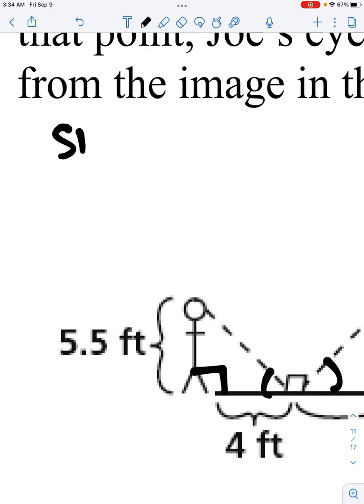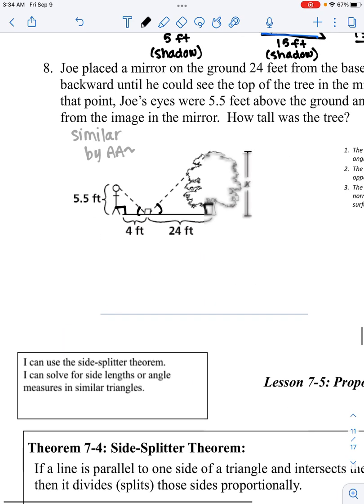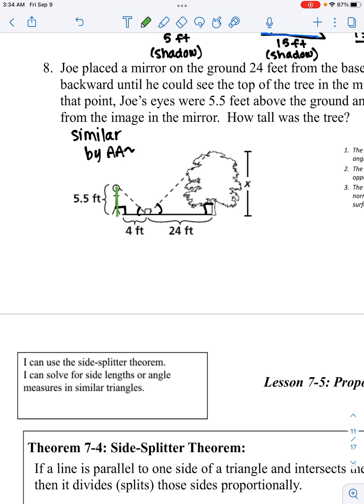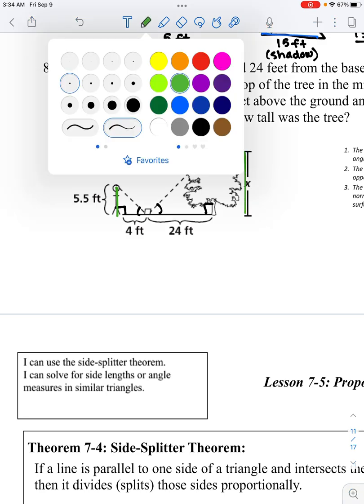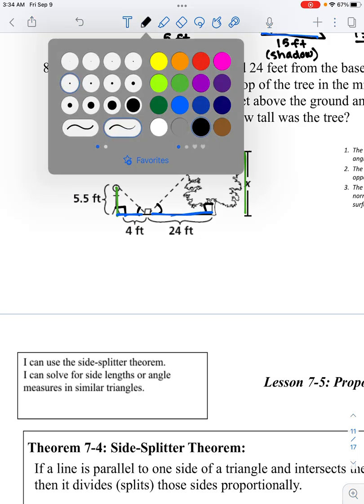So these are similar by angle again. And that similarity check, so now we can for sure say that our corresponding side lengths are proportional, and we can set up a